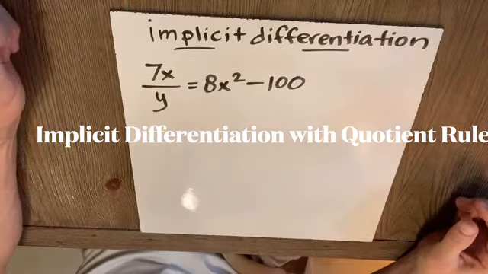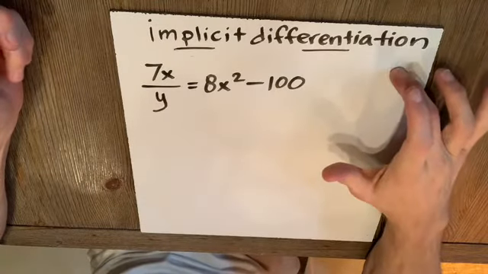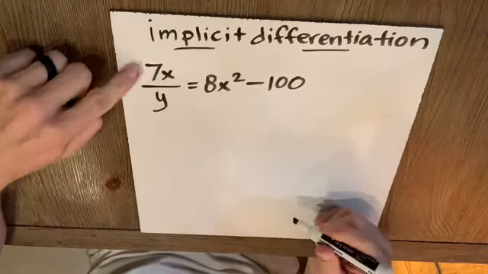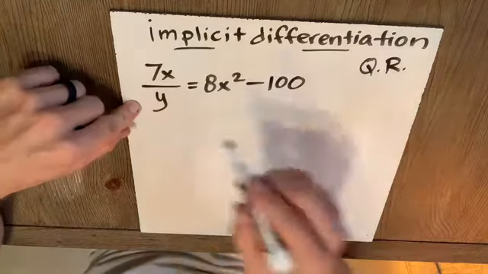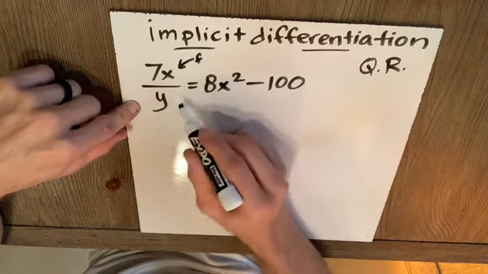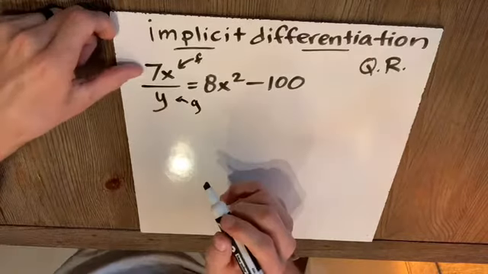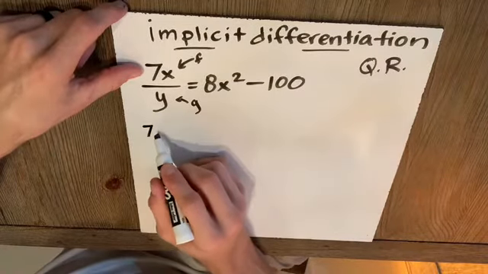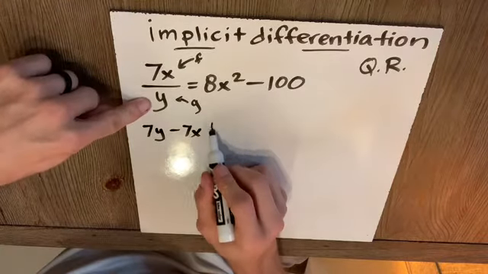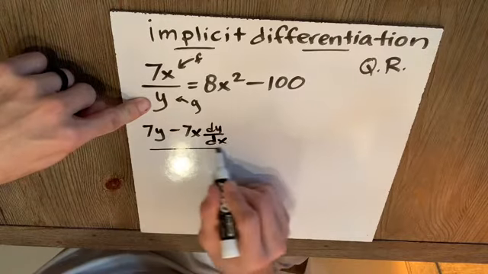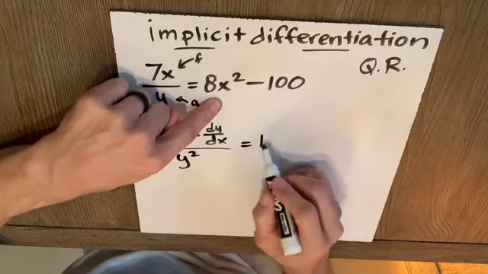Oh boy, things are heating up here because now we're going to find the derivative by using implicit differentiation. And can you see here immediately that we're going to have to use the quotient rule? Remember, if we call this f and this g, because we have y's now, I'm hesitant to call them functions, but it's going to be the derivative of the numerator, 7, times the denominator, minus the numerator, 7x, times the derivative of the denominator, dy dx, all over the denominator squared, is equal to, by implicit means, this would be